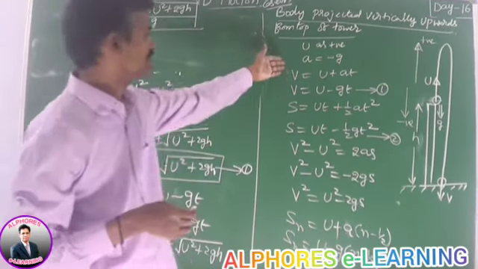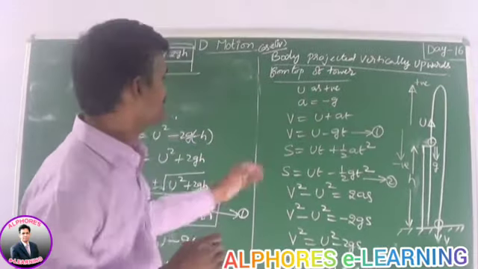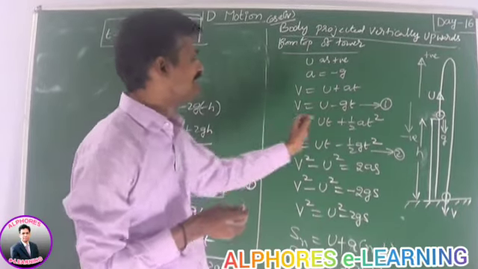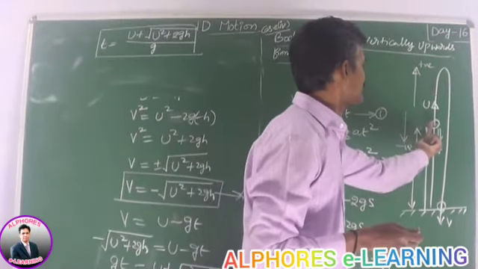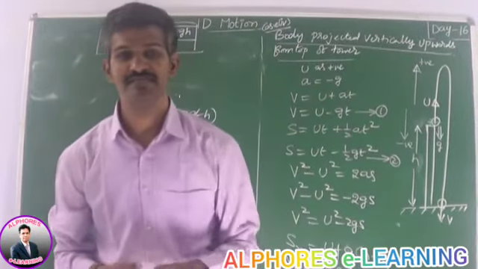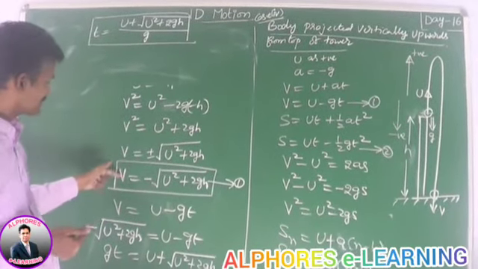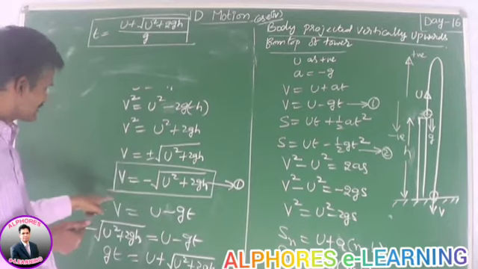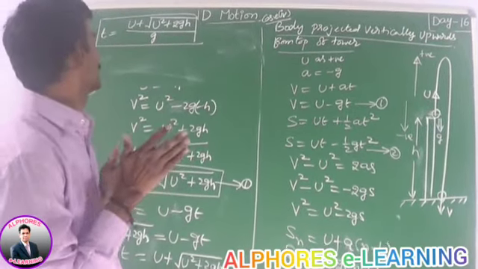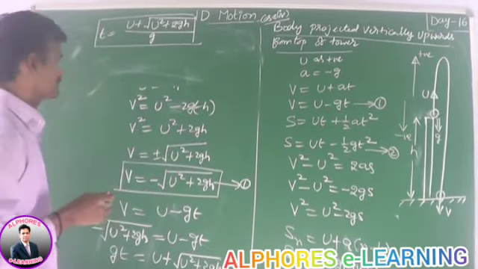Here I derived the basic equations. Basic equations do not change; they are similar to a vertically upward projected body. But the difference is that here, in the case of a body projected vertically upwards, the body travels in the negative direction also. That is why I am considering this velocity as negative. So by substituting this velocity, I can get the time of flight. The time of flight is u plus under root u square plus 2gh, by g.